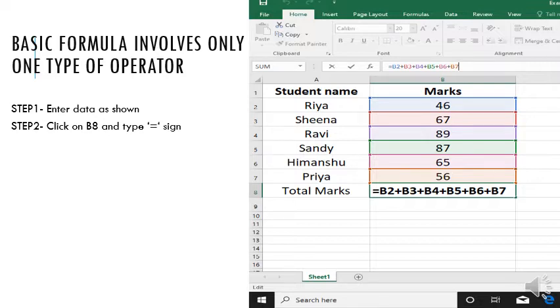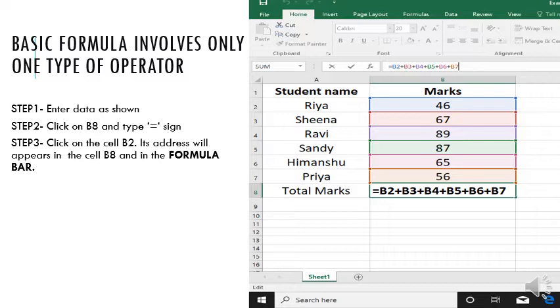See, this is 8 and this is B. So every address is a combination of column and row. Column is B and this is the row. So B8. Click here. Next thing is to use the equals to sign. Can you see this equals to sign? Then in the formula bar, first you will write the equals to sign. After the equals to sign, what do you have to do? Click on the B2 cell. So what is the first cell we have to add?